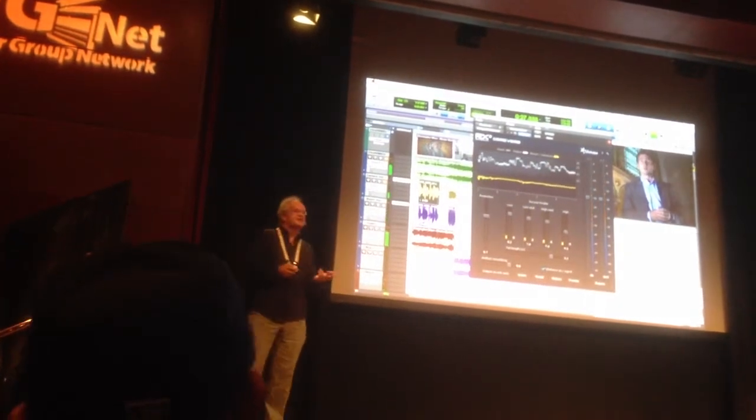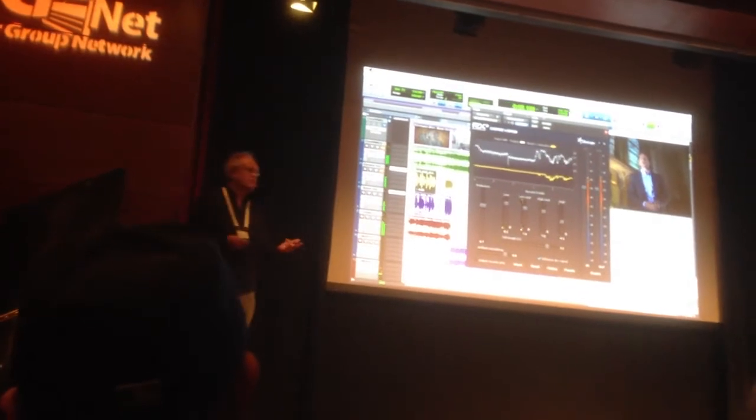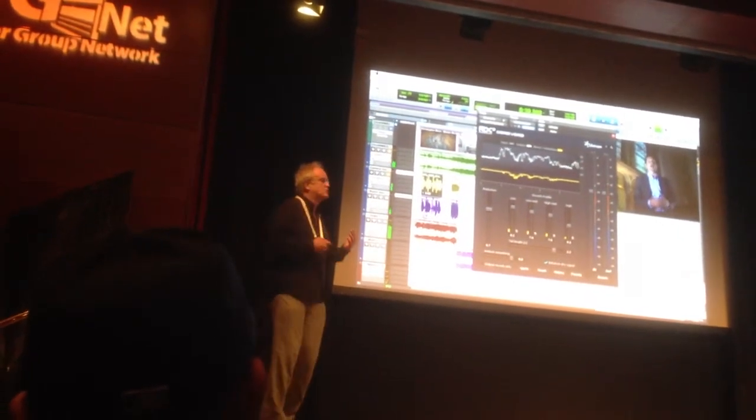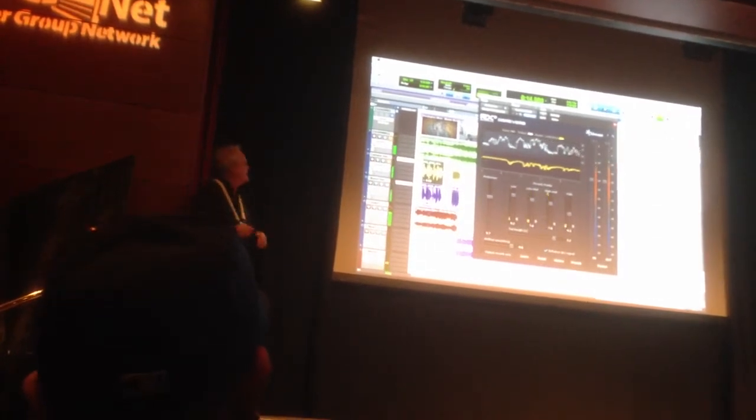It also works in any non-linear editor that supports RTAS, so Media Composer. So all the usual suspects for non-linear editors, both audio and video,